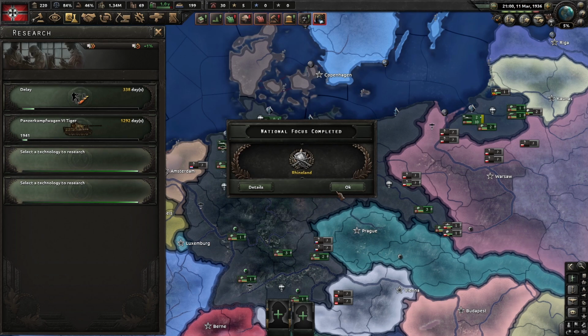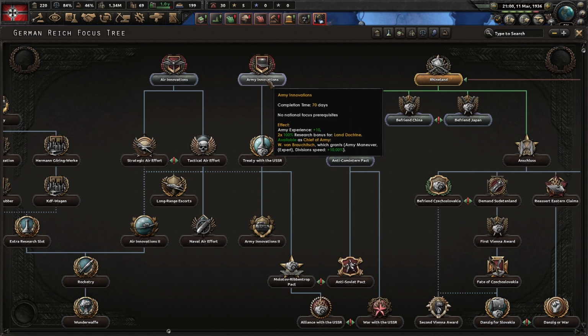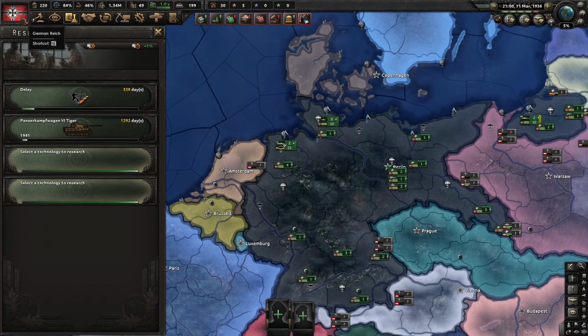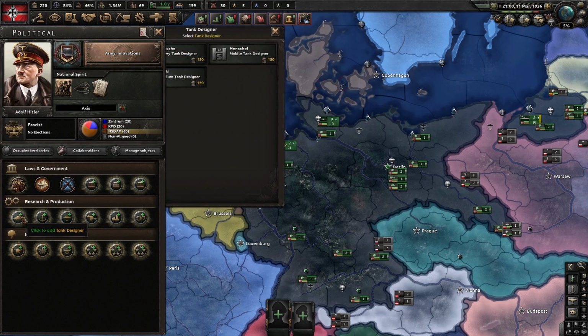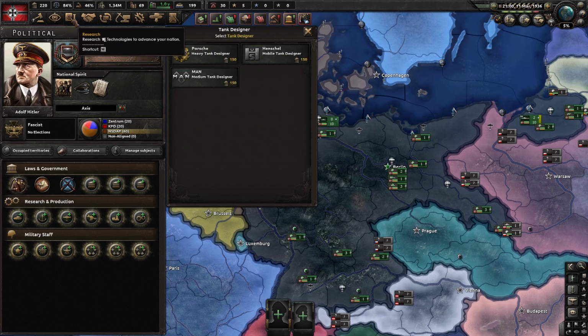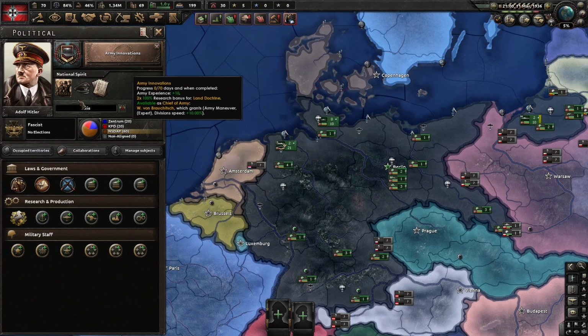Alright, first things first. Now after you've done the Rhineland focus, you're going to go to Details. Then you're going to go up here to Army Innovation and go down to Treaty with the USSR. Now, what you're going to do is after you got the 150 political power, you're going to be able to do this. Go to your tank designer and go and do Porsche, because that'll give you a 15% research bonus, and instead of it being 1292 days, it's going to now be